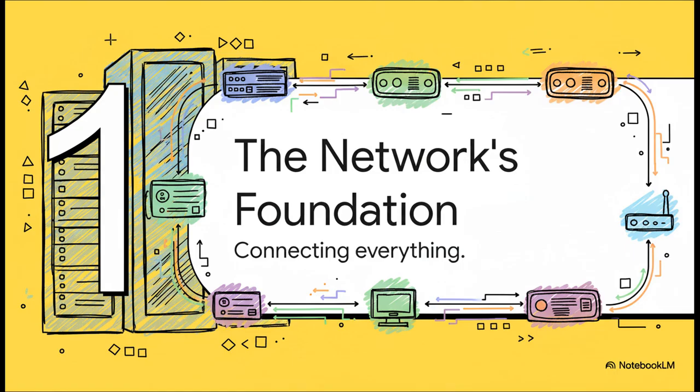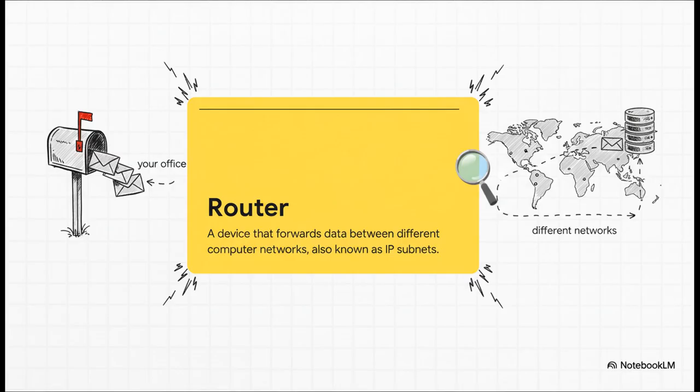We're starting with the 2 most fundamental pieces of hardware you'll find in absolutely any data center. These are the real workhorses. Let's start with the router. I want you to think of a router as the global postal service for the internet. It has one primary job: to take a piece of data from one network, like your office, and figure out the fastest, most efficient path to get it to a totally different network, even if it's on the other side